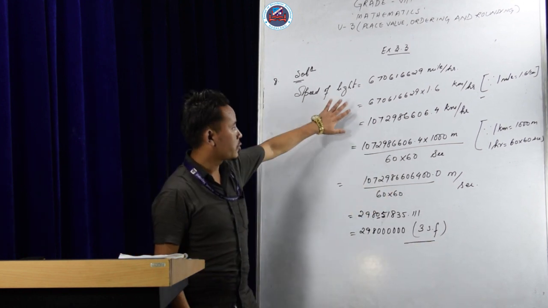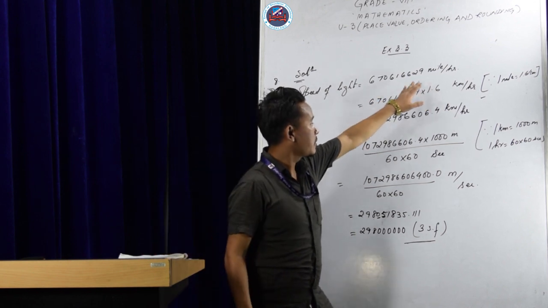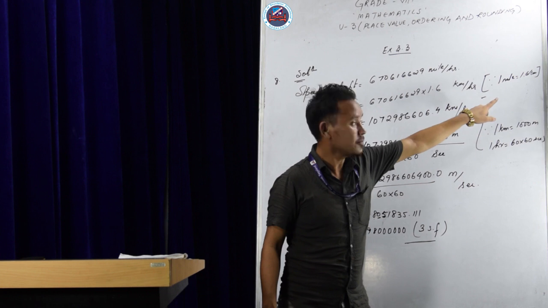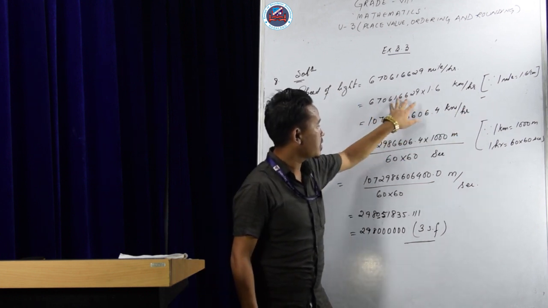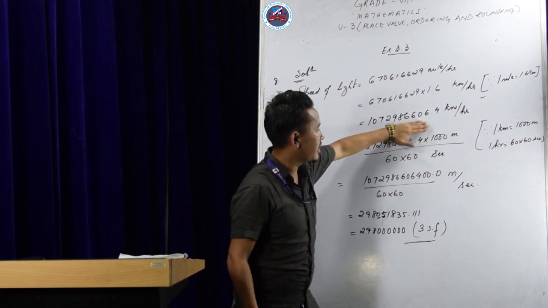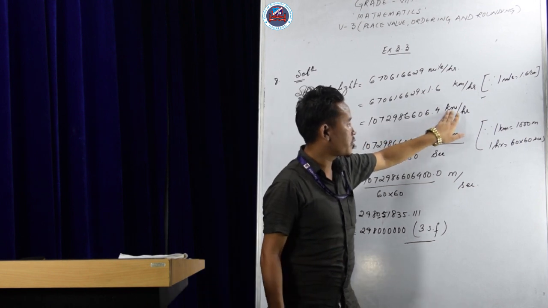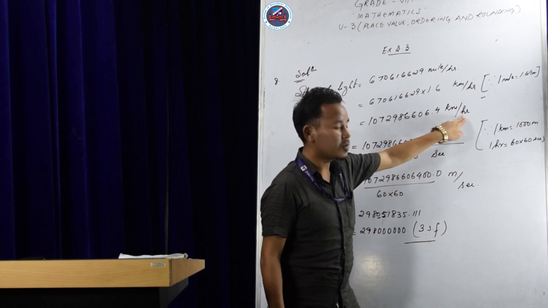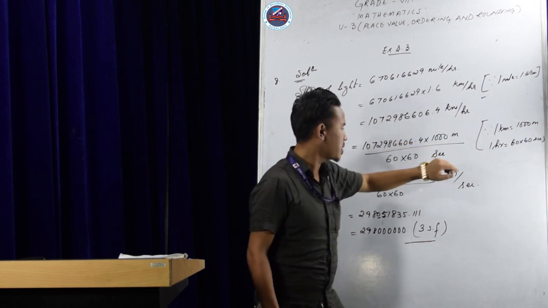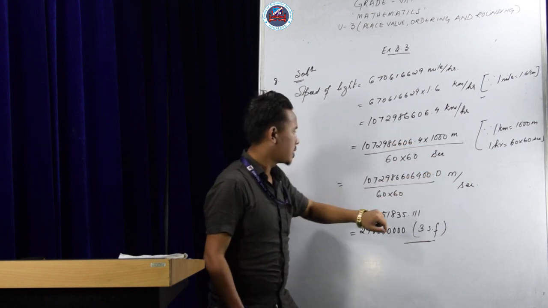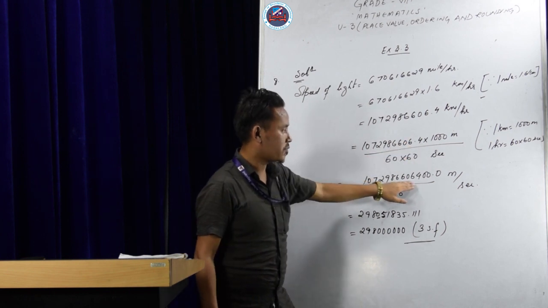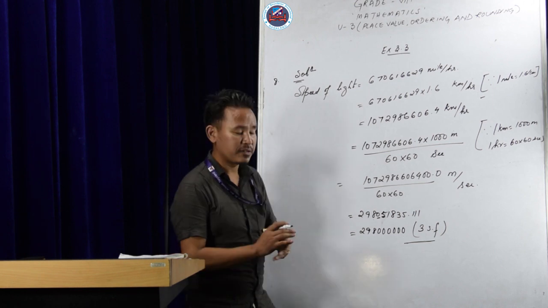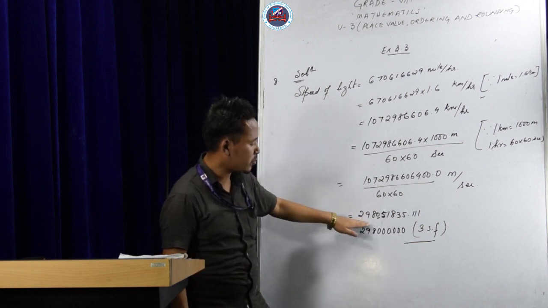Okay, please go through this one. See, first what I have done is I've converted this mile in terms of kilometer. 1 mile is given as 1.6 kilometer, right? And multiplied it together, so we got this value. Now this kilometer we have changed in terms of meter, that means multiplied by 1000 meter. And this hour converted into seconds, that is 60 into 60 seconds. Now on multiplying, we got this value as well. So when you multiply, simplify and divide, you get the answer as